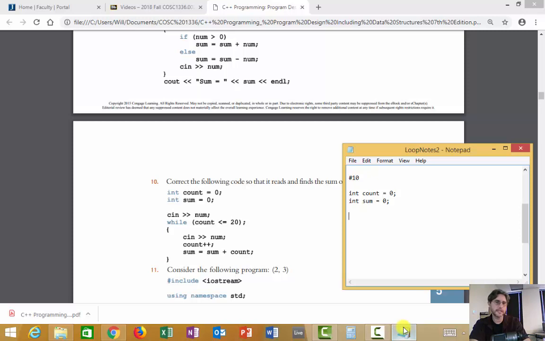You don't even need to do that cin num before the loop. That's not your initialization. Count is controlling the loop, and you've got count is equal to 0 up there. That's fine. So I would just leave that one off and just say while count is less than or equal to 20,